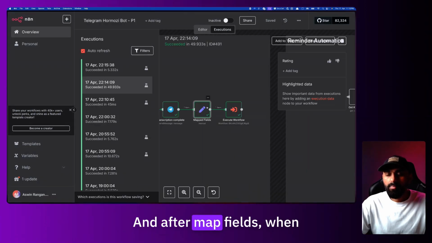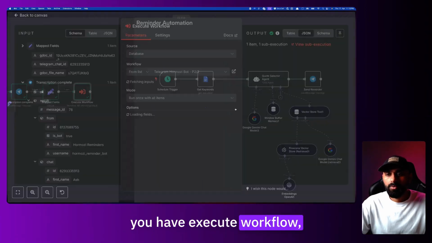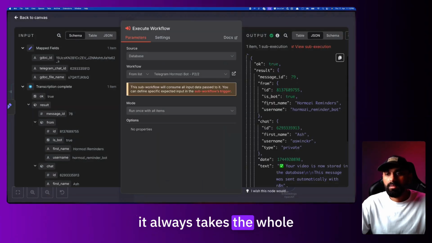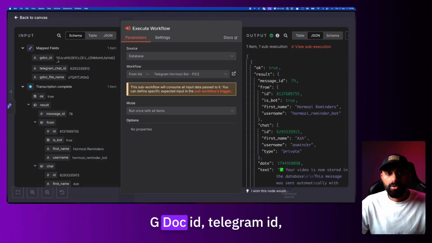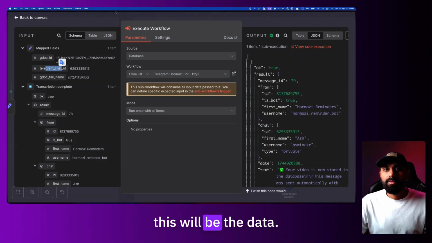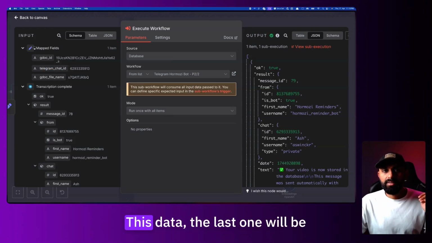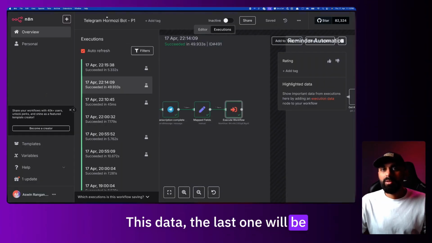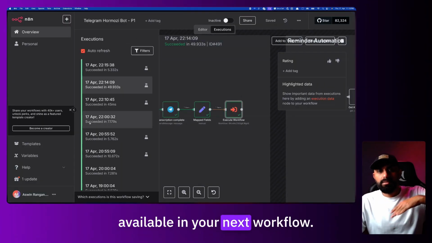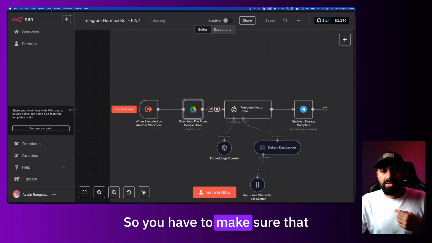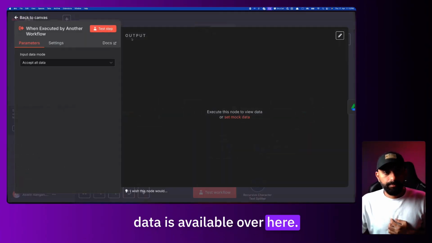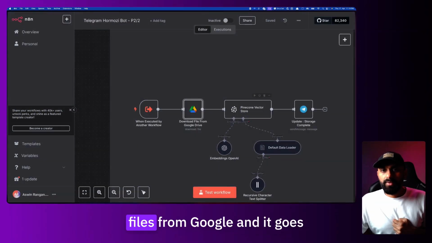And after map fields, when you have execute workflow, it always takes the whole mapped input that you send. See this mapped input, GDoc ID, Telegram ID. Only this data, the last one, will be available in your next workflow. Everything else will be lost. So you have to make sure that data is available over here, and it downloads the files from Google,